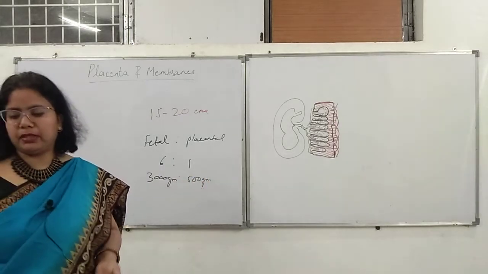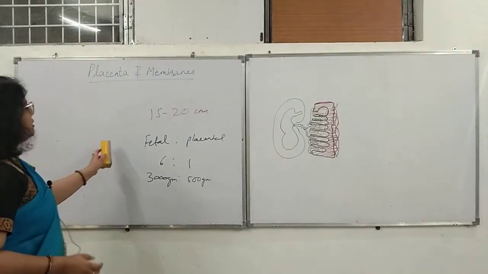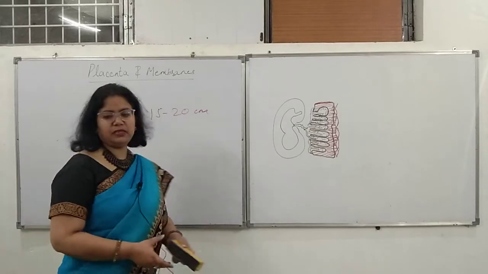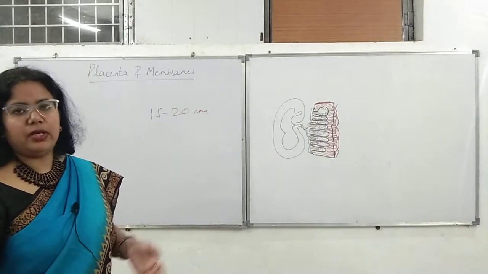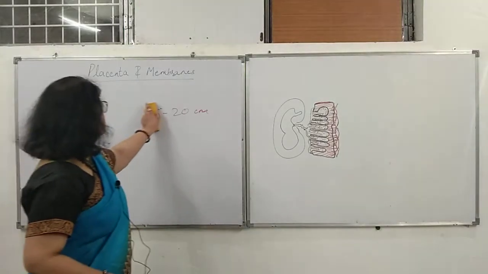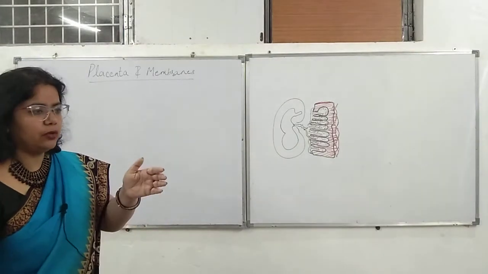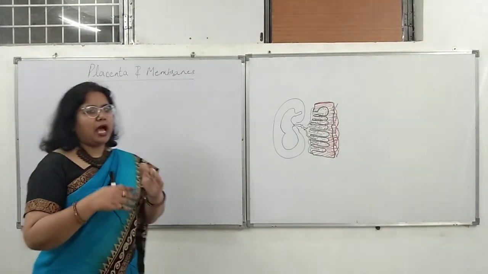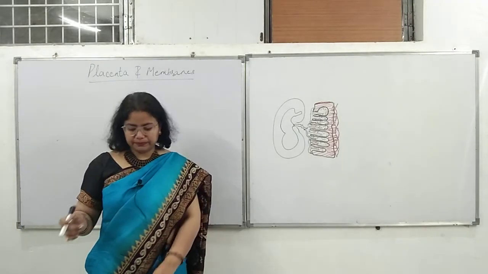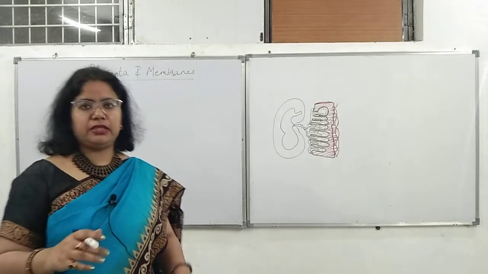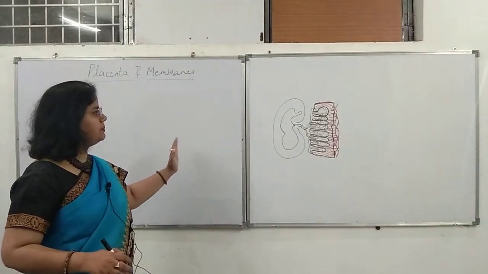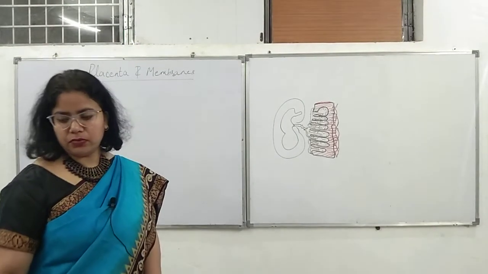In early duration of gestation, the placental weight to fetal weight is approximately 1:1, but as the pregnancy advances, the fetal weight grows more as compared to the placental weight. By around 20 weeks of gestation, the growth of placenta is seen both in thickness and also in its circumference, but after 20 weeks of gestation the thickness remains the same and it grows only in its periphery. So during early gestation the proportion is less, and as the pregnancy advances it is around 6:1.